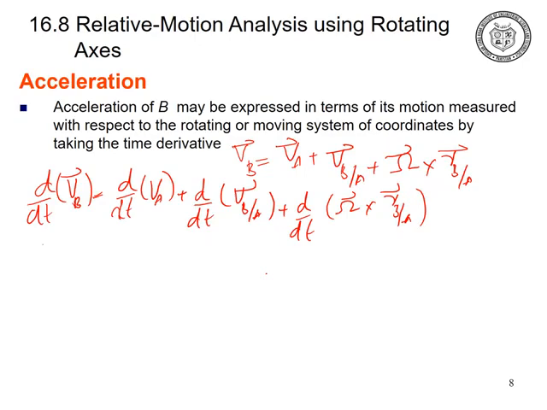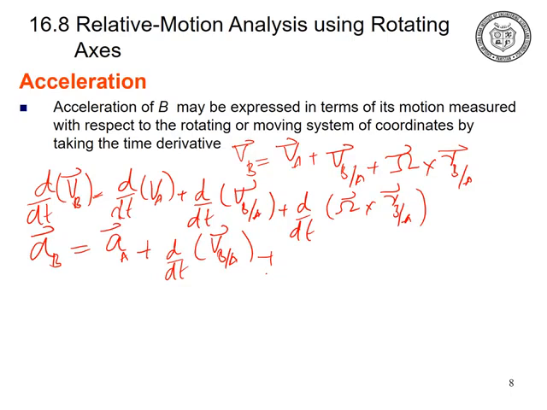So it becomes a_B, which is the absolute acceleration of the particle B with respect to the fixed inertial frame of reference, and this will be equal to a_A, the absolute acceleration of the particle A, plus d/dt of v_B with respect to A, as measured with respect to the axes on the rigid body which rotate, plus here we can take the time derivative, we can apply the product rule, as omega is the angular velocity for the rotating axis, so it changes with respect to